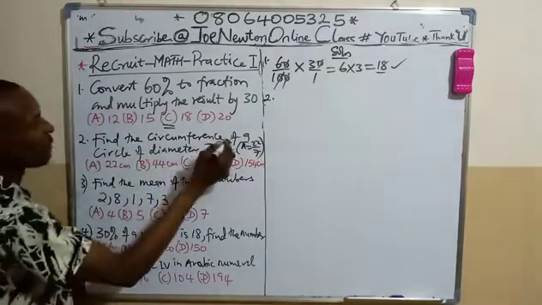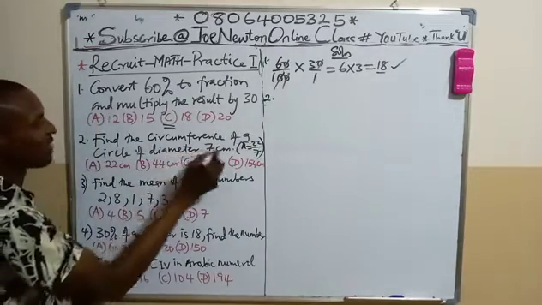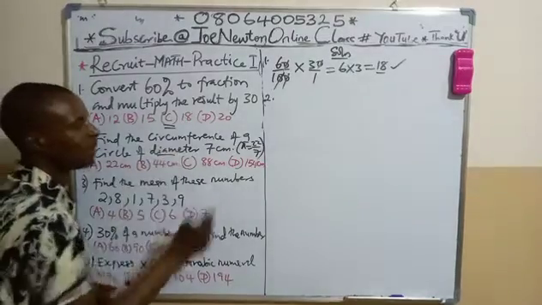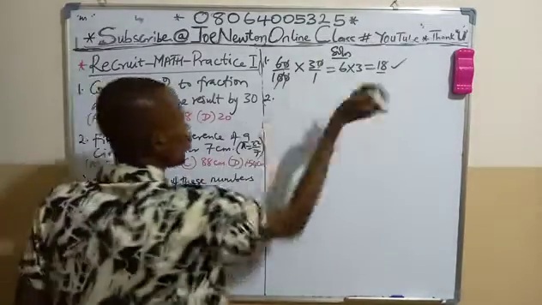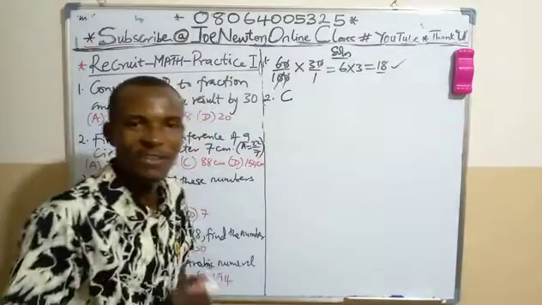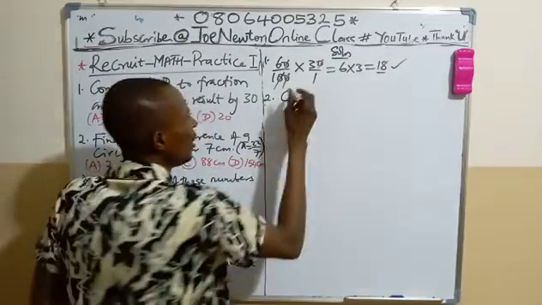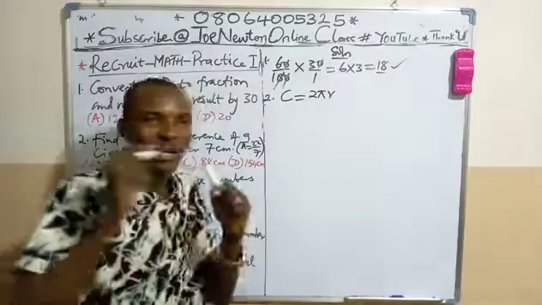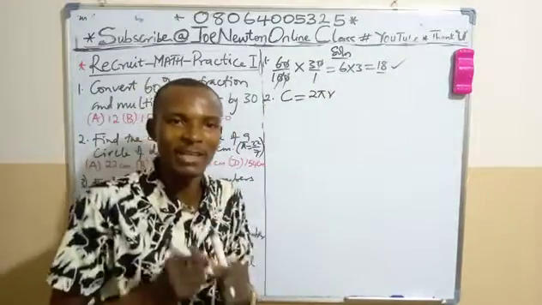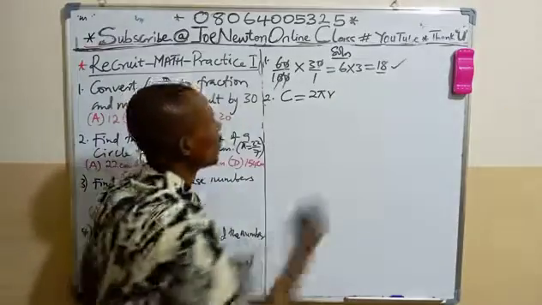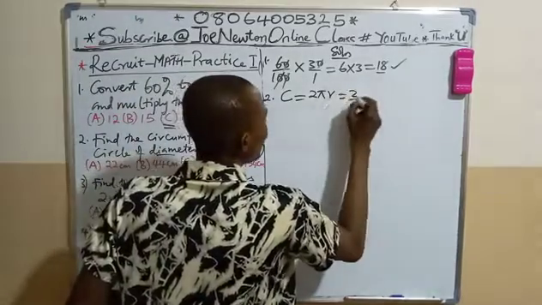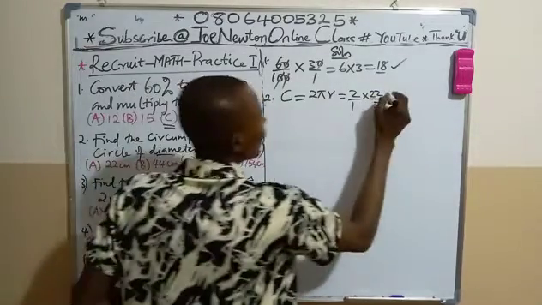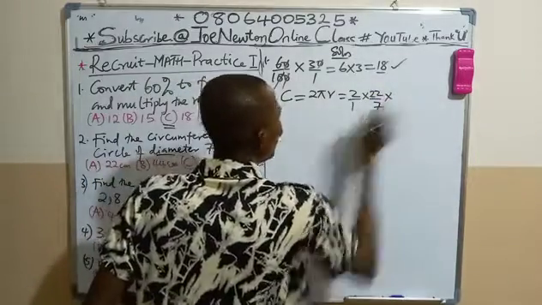Then, number 2 question says, find the circumference of a circle of diameter 7 cm. You should be careful with this language, diameter. Then take pi as 22 over 7. So, the formula for circumference of a circle is C equals 2 pi r. Either you call it circumference or you call it the perimeter of a circle. That is 2 over 1 times 22 over 7, which is the pi, times,